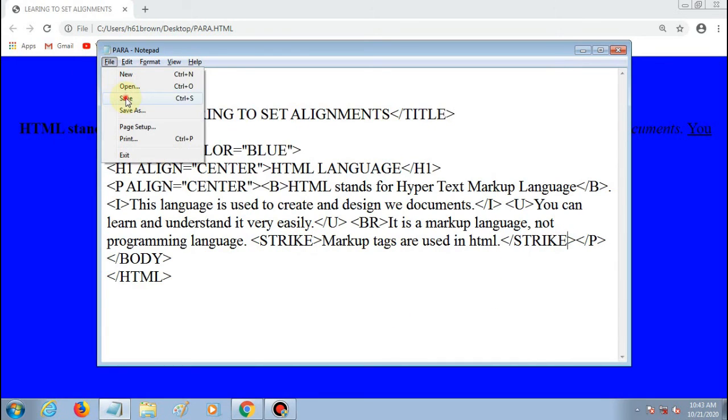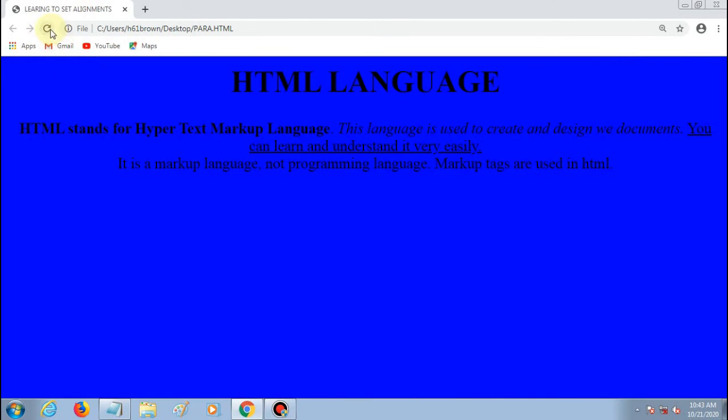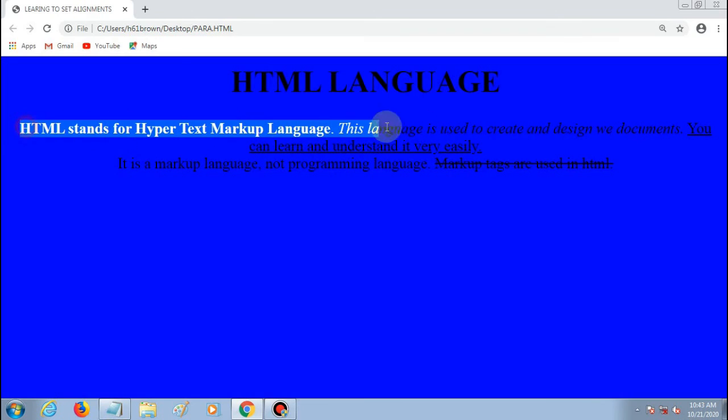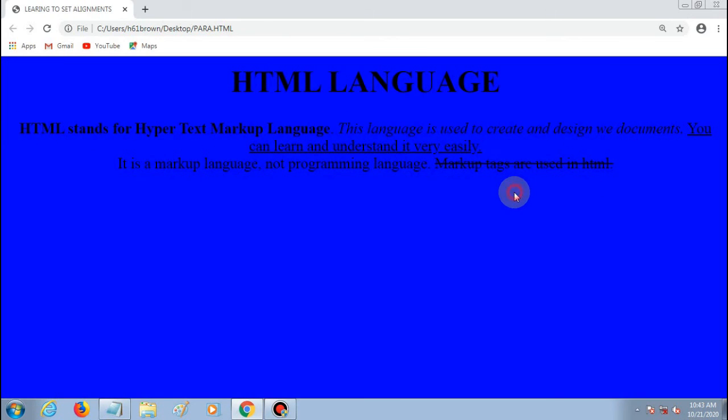Remember that spellings of the text should be correct. If we write wrong spellings of tags and attributes, then it will not work. Then reload it after saving. See, this text is struck. A line has appeared over the text. Okay, so in this way you can format this text using bold, italic, underline and strike through tags in HTML.